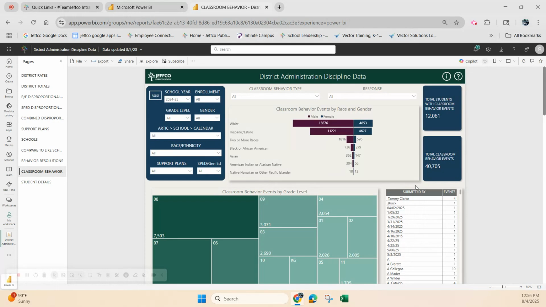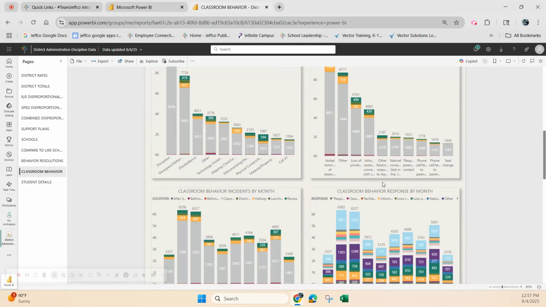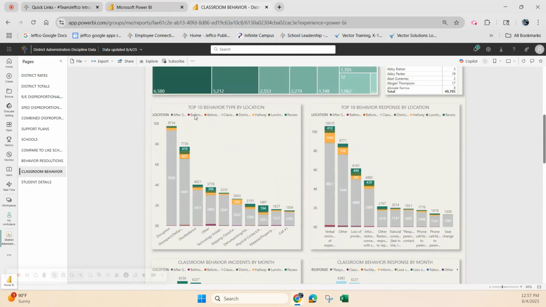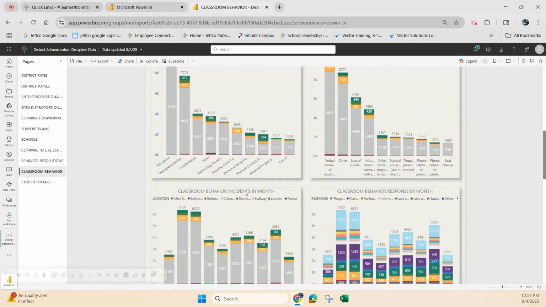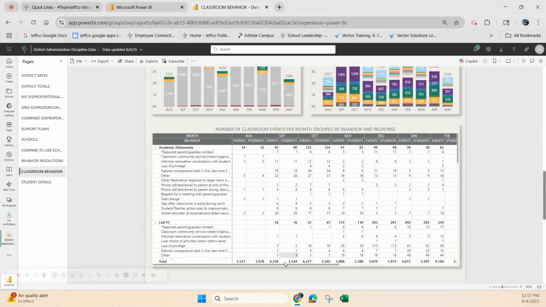This will be cleaned up so that it pulls automatically the name of the person that's submitting the behavior incident for consistency. And then we can see our top 10 behavior types by location, our top 10 behavior responses by location, and then incidents by month and behavior responses by month,